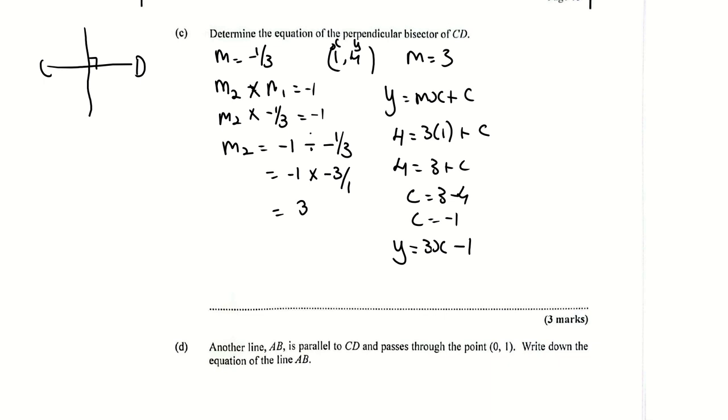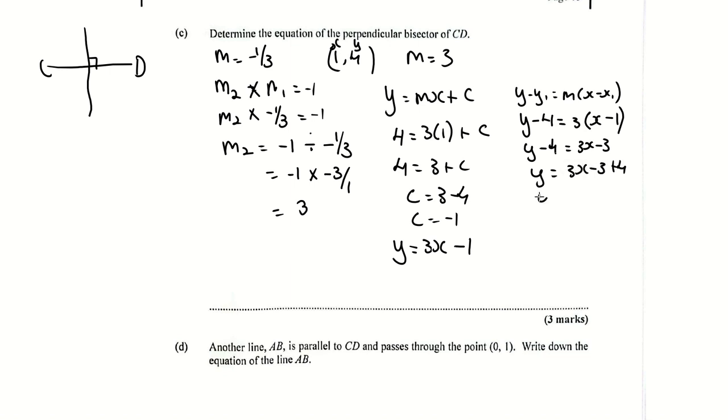And this is 3 marks, guys. So it's just general knowledge that you have to remember, and you'll be good. If you don't like this way, we can use y minus y1 = m times (x minus x1). Right? So y minus y1, which is 4, = 3 times (x minus x1, which is 1). So it's y minus 4 would be 3x minus 3. So y = 3x minus 3 plus 4. So y would be,